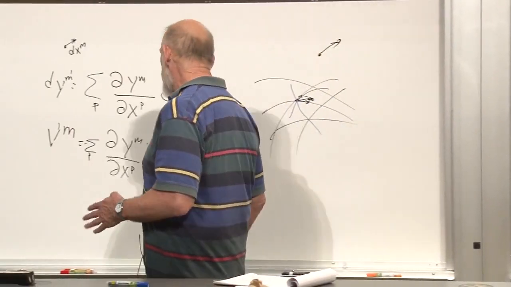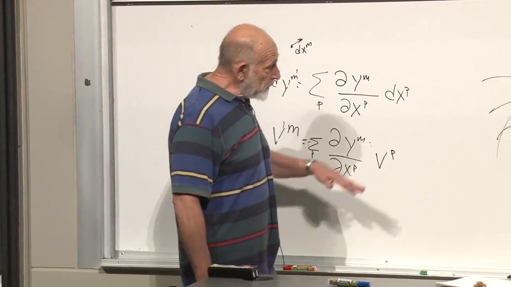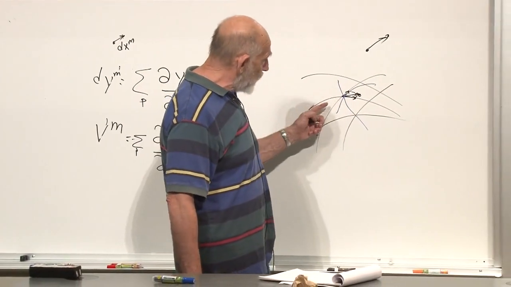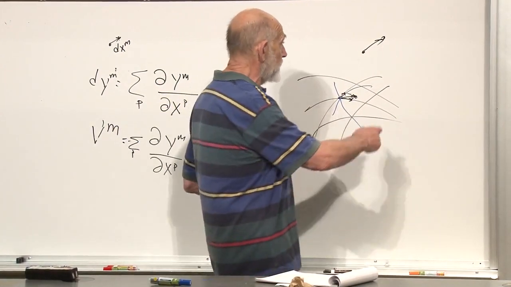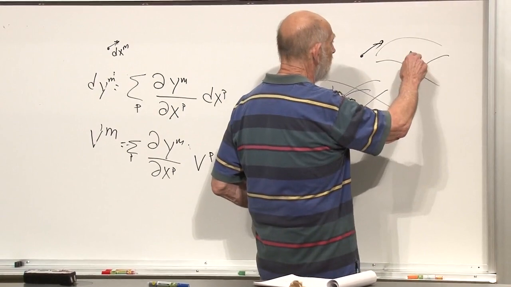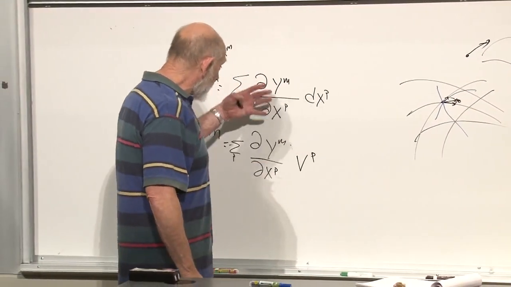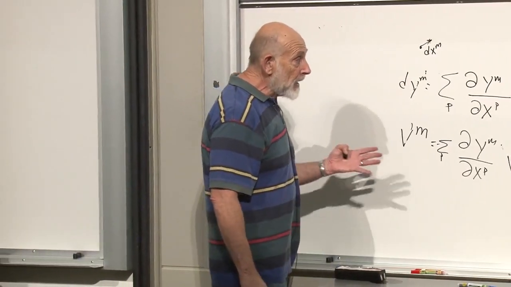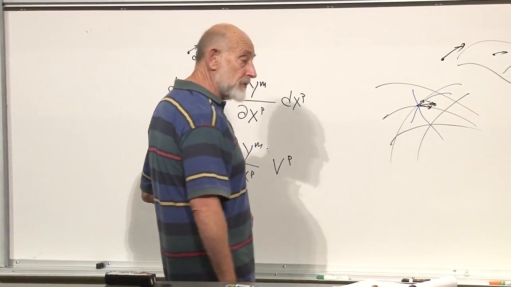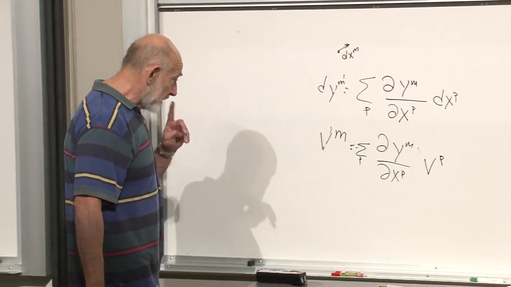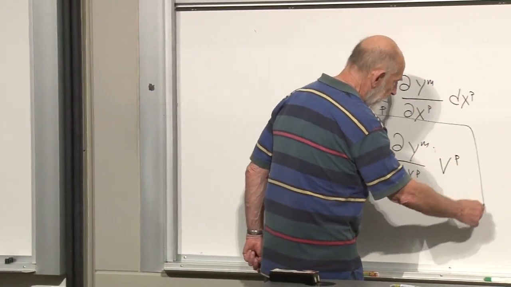Okay, so there are many, many things which would transform in this way. For example, if this were just ordinary space of some sort, and we were talking about the velocity of a particle on the surface. Let's suppose this was a surface. And we're talking about the components of velocity along the surface. The components of velocity along the surface would transform in this way. If you knew the velocity components in one set of coordinates, this would tell you what the velocity was in the other set of coordinates. So this is an example of transformation properties.